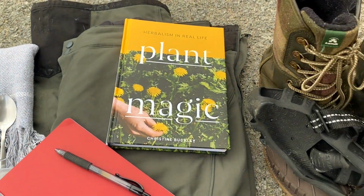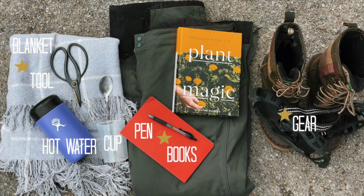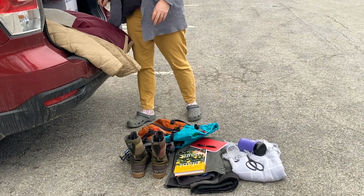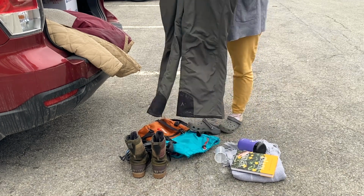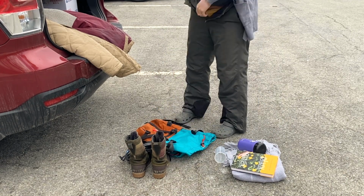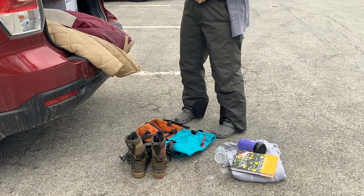For this adventure, you will need the following items: a hot water bottle, a thermos filled with hot water, and do put honey inside if you would like. Scissors for harvesting if you want to take those with you, a spoon, lightweight mug, a journal, and also maybe a to-do list or some blank pieces of paper,